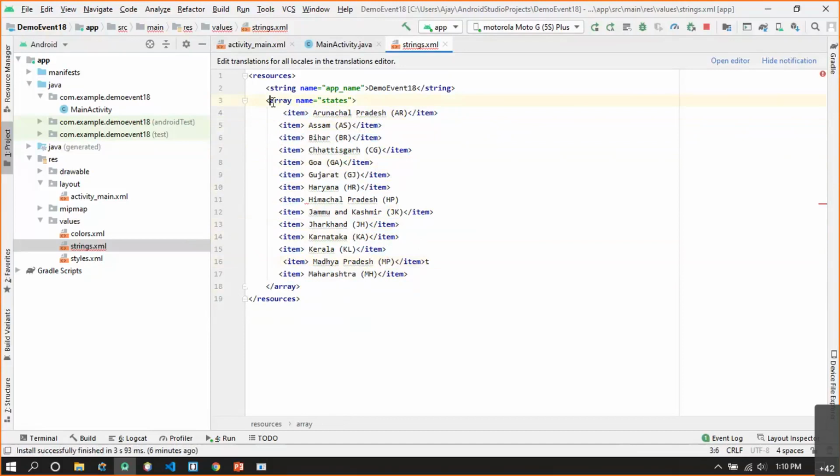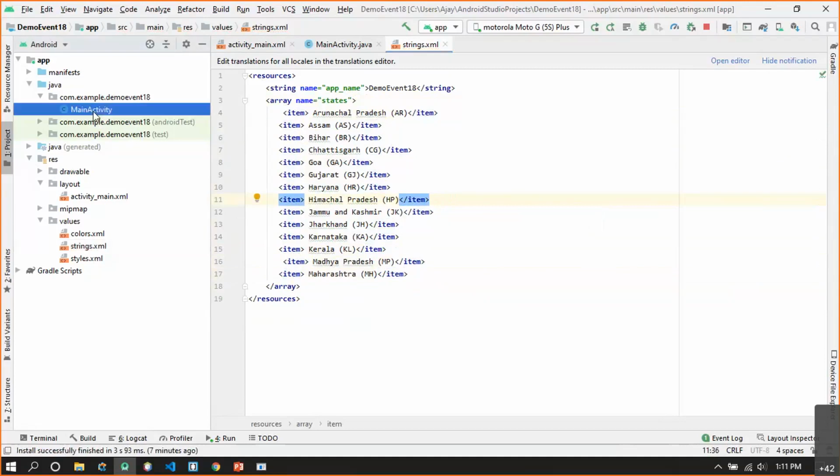Yeah. So there is a parent element which says the corresponding thing is an array. Now the array has a specific name; you can give any name. I have given the name as states. Now this array will have child elements. Each element will denote a separate state. Each element will start with the item tag and close with the closing item tag. So as you can see, each element inside the array is nothing but the item element enclosed between the opening and the closing tag.